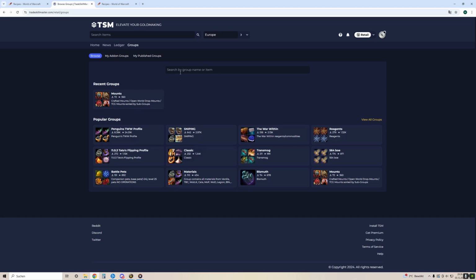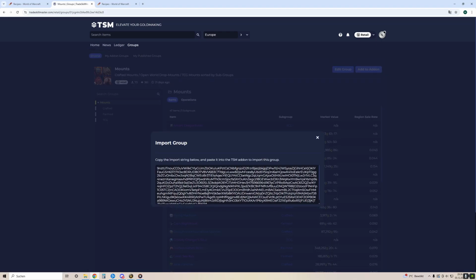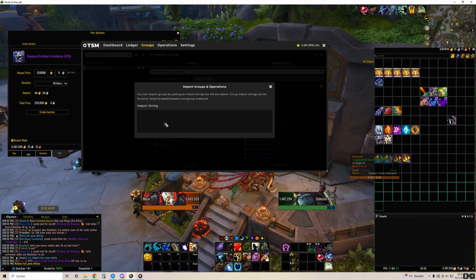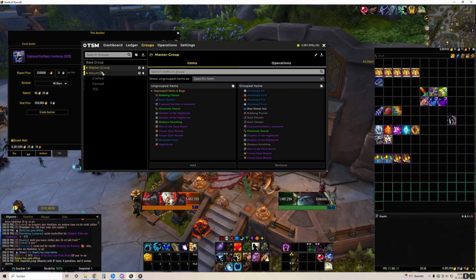any groups. As an example, we're going to take the Mount group, and here you have the Add to Add-on button. So you just copy the string in here. And then you go back to the import string, you paste the string, include the operations, maybe replace existing operations, and then you just hit the import button,